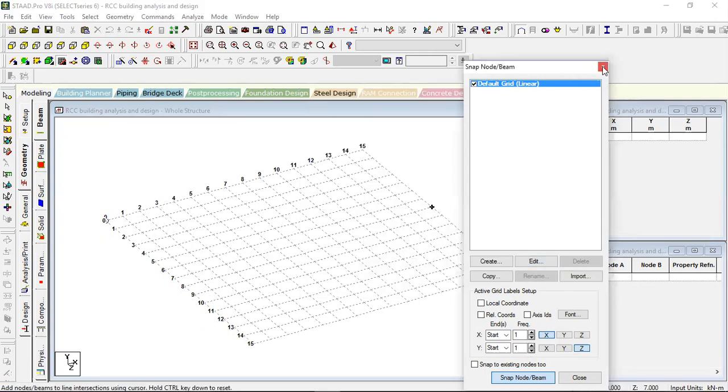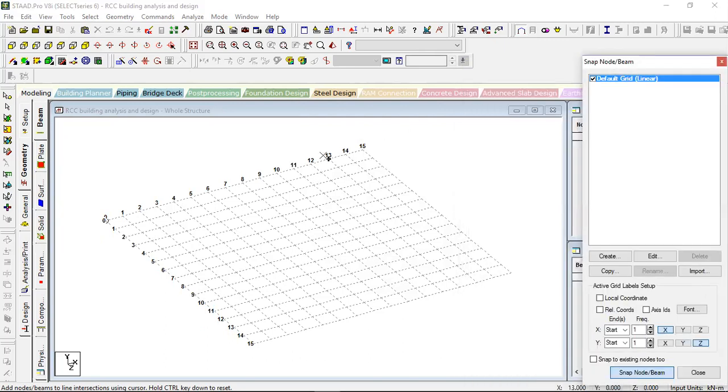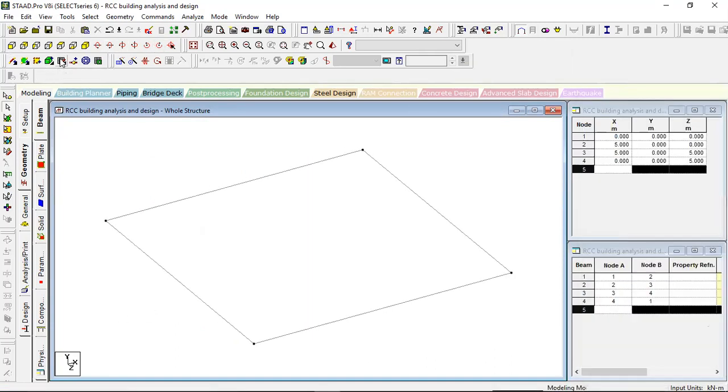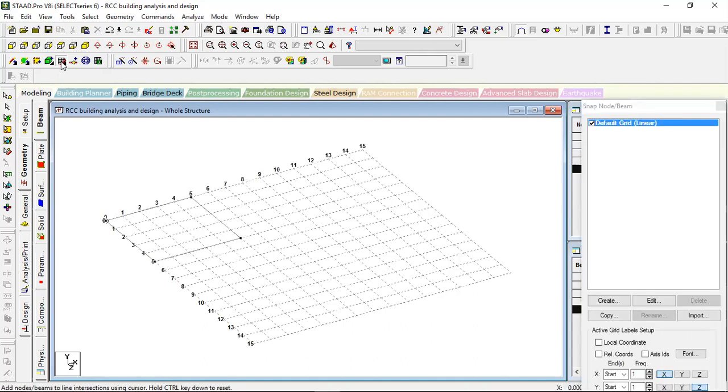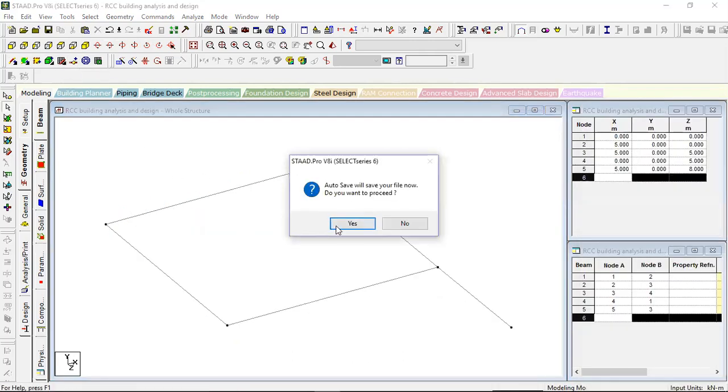So now I am going to keep it aside, and then I will start modeling. First I will place a node. So suppose from here 0 to 5 meter, this is my bedroom. Just giving a small example, 5 meter by 5 meter, I am completing one bedroom. And then click on it, and once again switch on and switch off the snap node. So now I will draw one more node, one more room. See, from here to here. Okay, escape, quick escape. Once again switch on, switch off.